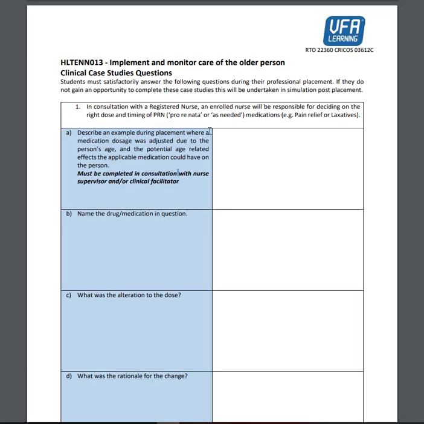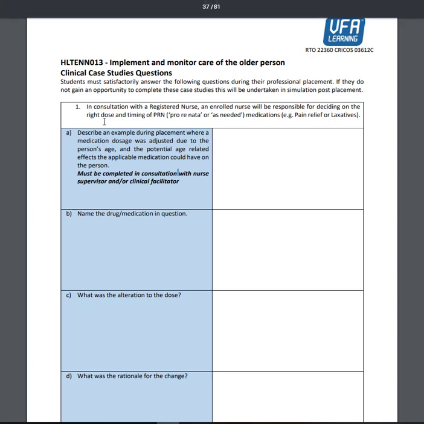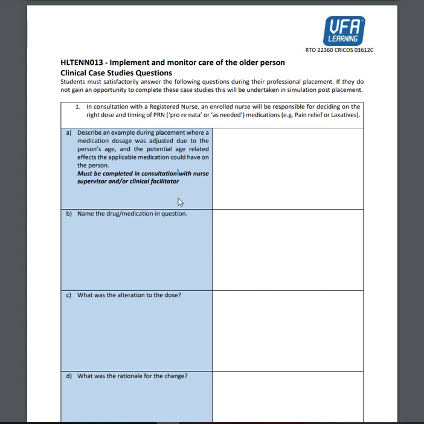For this next section, clinical case study questions, students are required to complete 5 questions directly related to the care of the older person. For the first question, you'll see that you'll be working with the registered nurse or the enrolled nurse who will be administering medication for the residents. What we want you to do is identify an example where a medication dose was adjusted